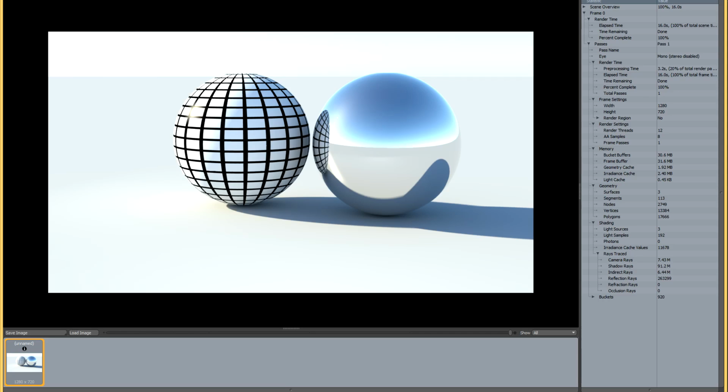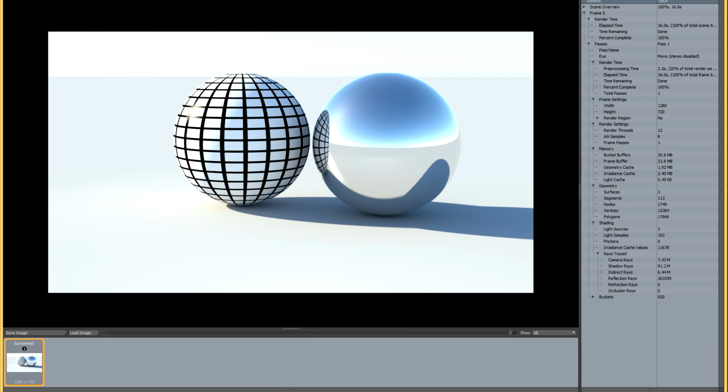Now, a clever thing in Modo is that the geometric anti-aliasing is decoupled from the shading-based anti-aliasing. The geometric anti-aliasing is controlled by your global AA settings, and the shading-based anti-aliasing is controlled by something called the shading rate. The shading rate acts as a limit on how many samples can be fired on the surface of any one shader. This means that you can raise your global anti-aliasing extremely high without really affecting your render times too adversely, because the shading rate will limit how many AA samples are fired on shaders that have a very